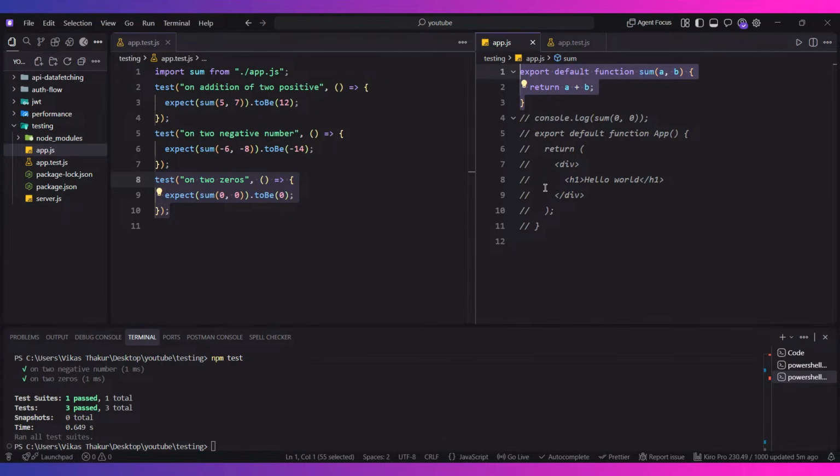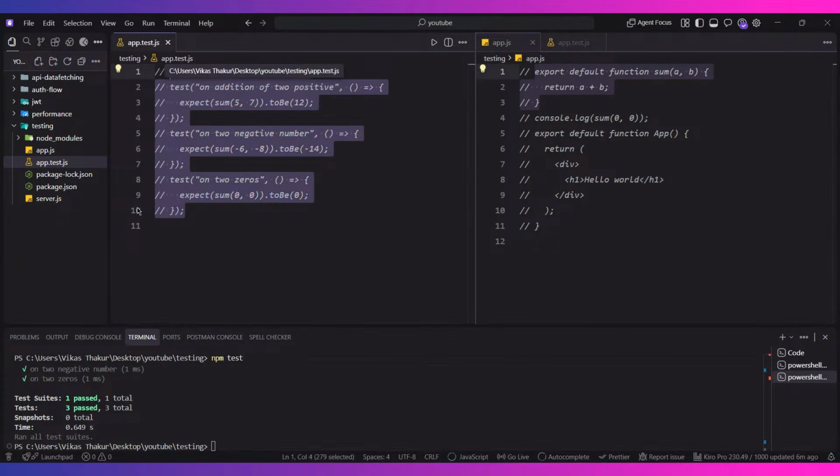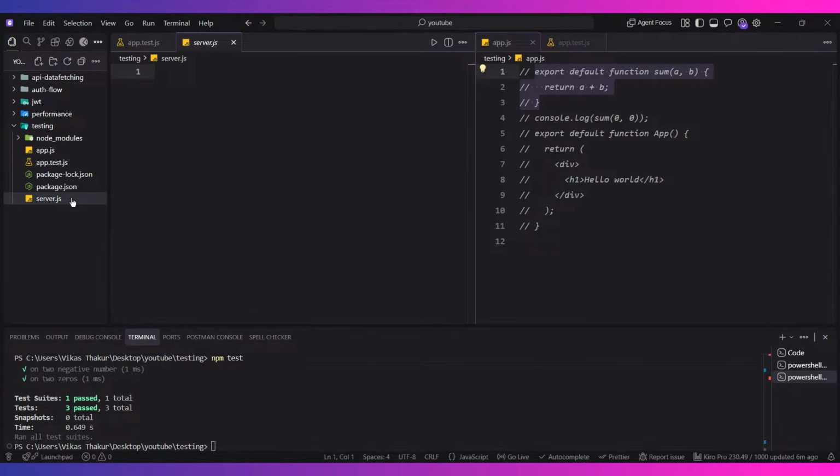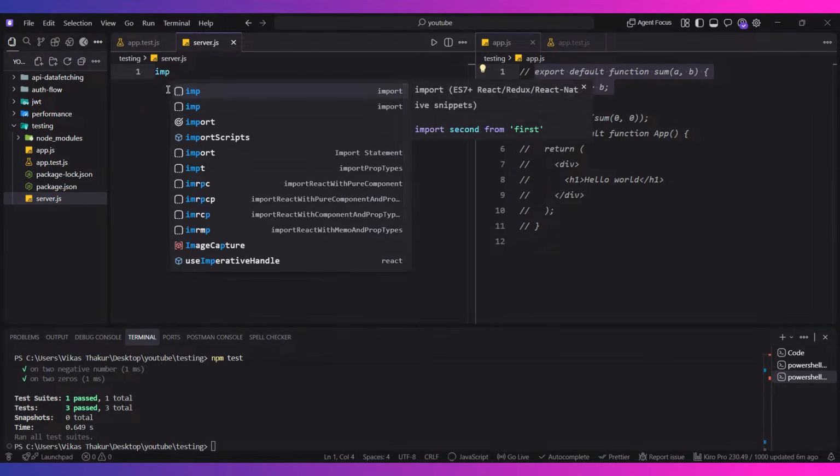नाउ प्रॉब्लम इज कि अगर मैं चाहूं कि मुझे एक ऐसा टेस्ट केस लिखना है, एक ऐसा सिस्टम लिखना है जिससे मैं इंटीग्रेशन टेस्टिंग कर पाऊं। तब तुम्हें समझना पड़ेगा कि इंटीग्रेशन टेस्टिंग का मतलब होता है कि कुछ चीजें जो इंटीग्रेट हो रही हैं साथ साथ में। तो एक काम करते हैं, मैंने एक server.js फाइल भी बना रखी है साथ में, थोड़ा सर्वर बनाने का काम करते हैं। सर्वर कैसे बनाते हैं, इंपोर्ट कर लेते हैं,